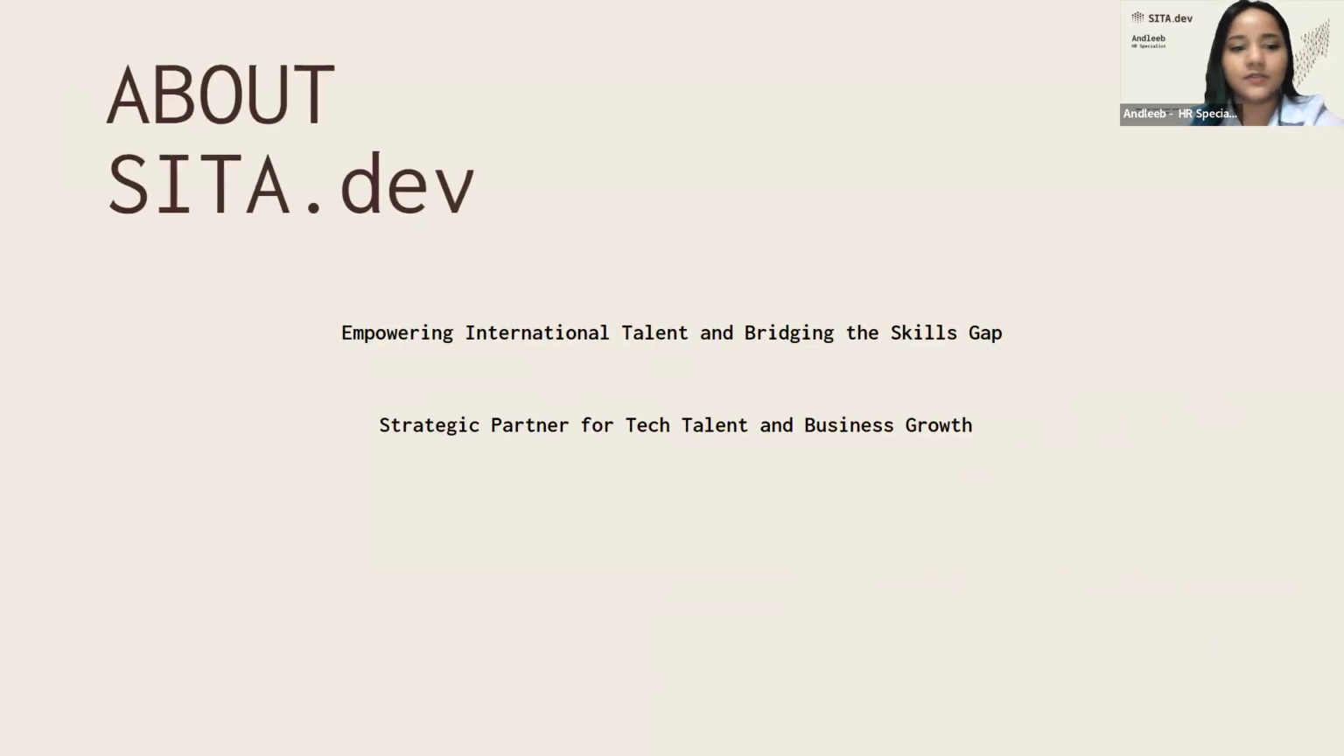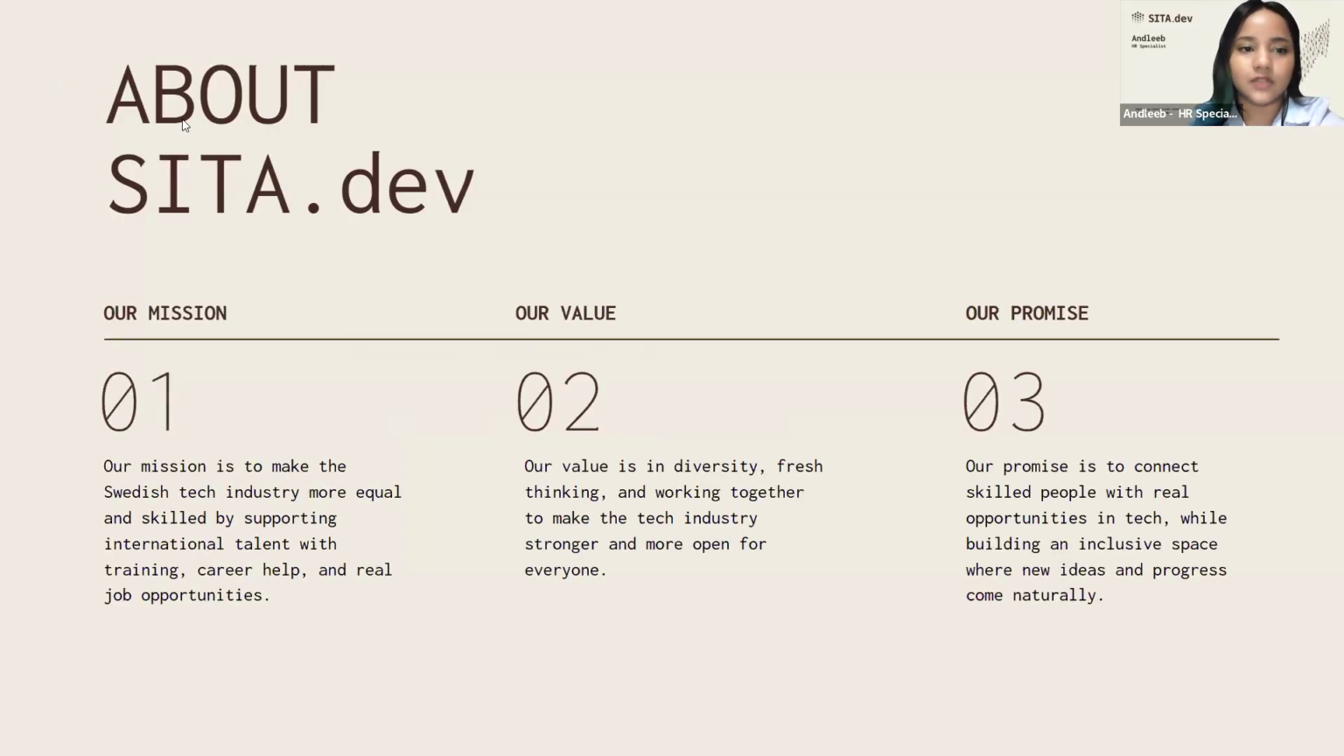So SITA.dev helps international people build careers in tech by offering training, mentorship, and job support. We teach real-world skills like coding, testing, DevOps, and others, then connect our trainees with companies looking to hire. SITA is also working as a strategic partner for tech talent and business growth. Moving on to our mission,